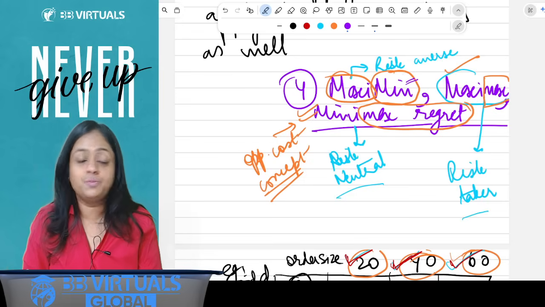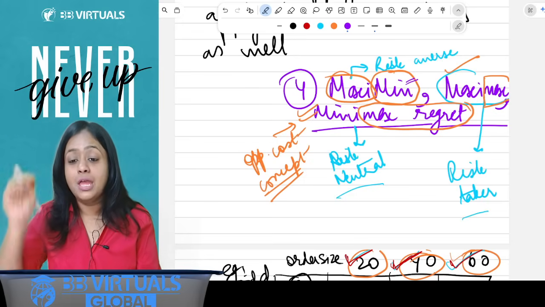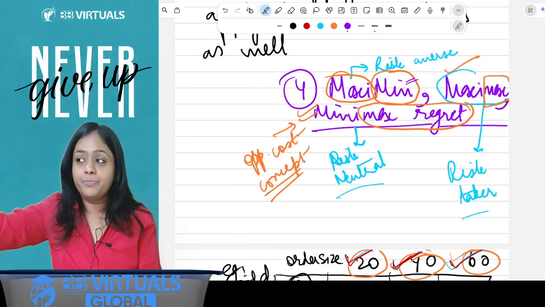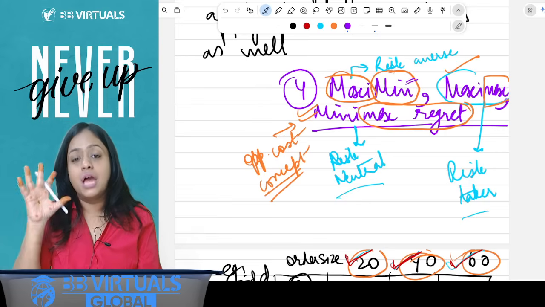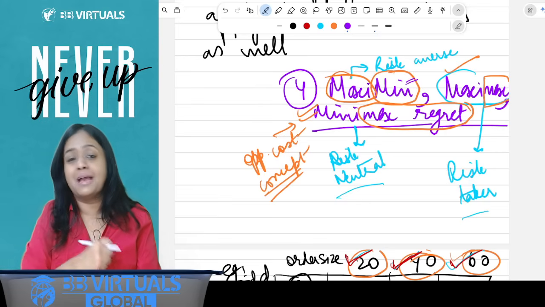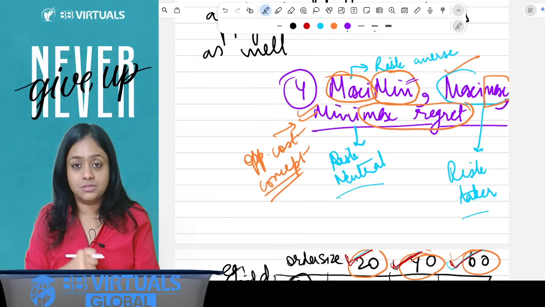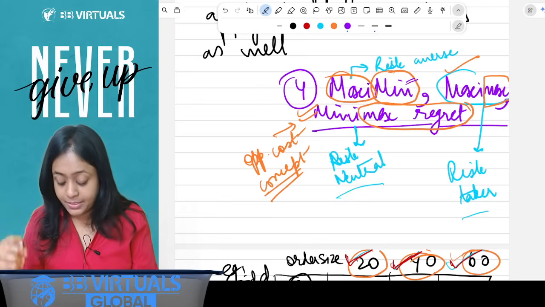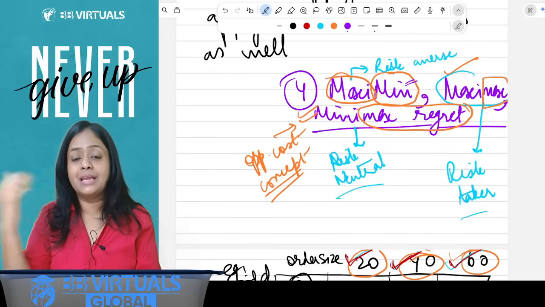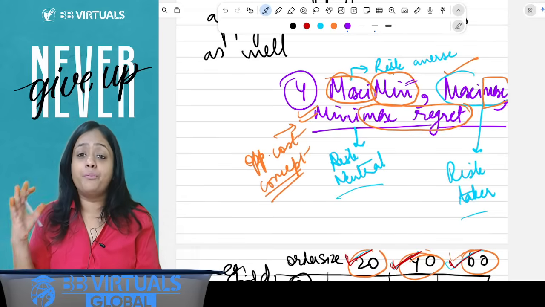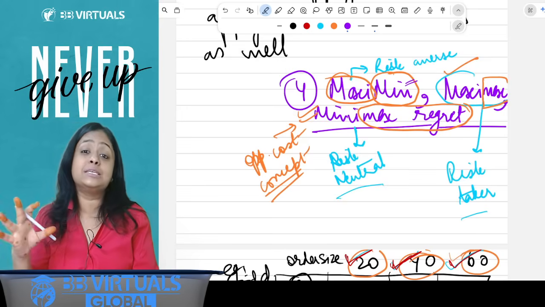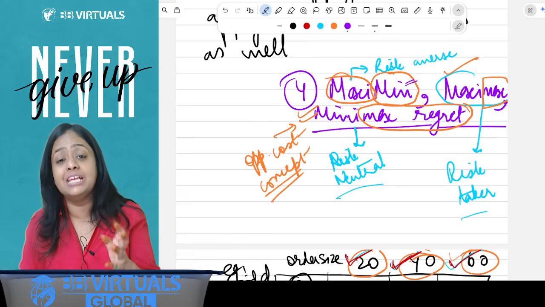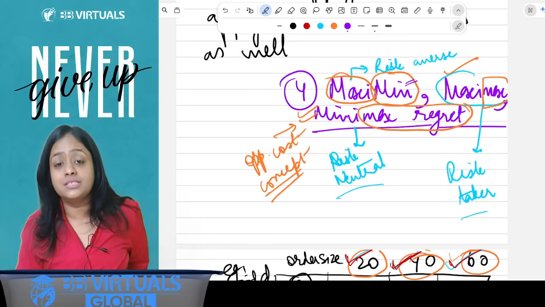So a risk averse person, for him it is this method: minimum returns of all the methods, all the situations, all the outcomes, and of those minimum returns choose the maximum, that is the best return, the highest return. Maximax, again right to left, he would look for maximum returns from all the outcomes and he would go with the maximum of those maximum returns, the highest of all, because he's a risk taker, so he would go